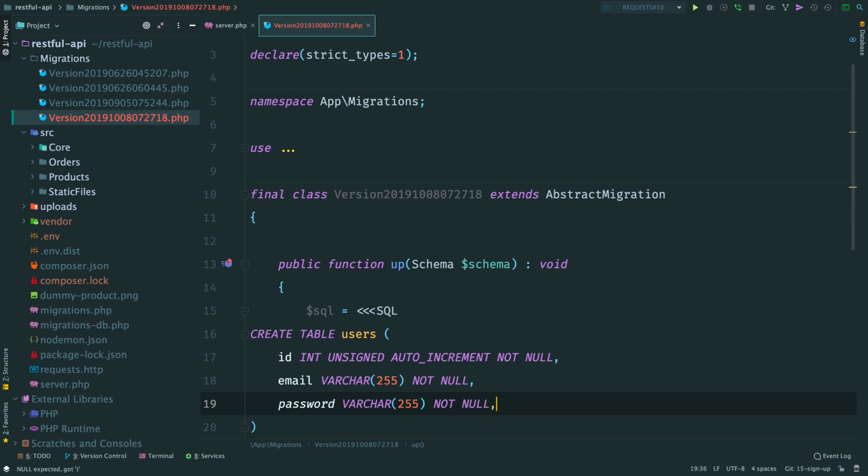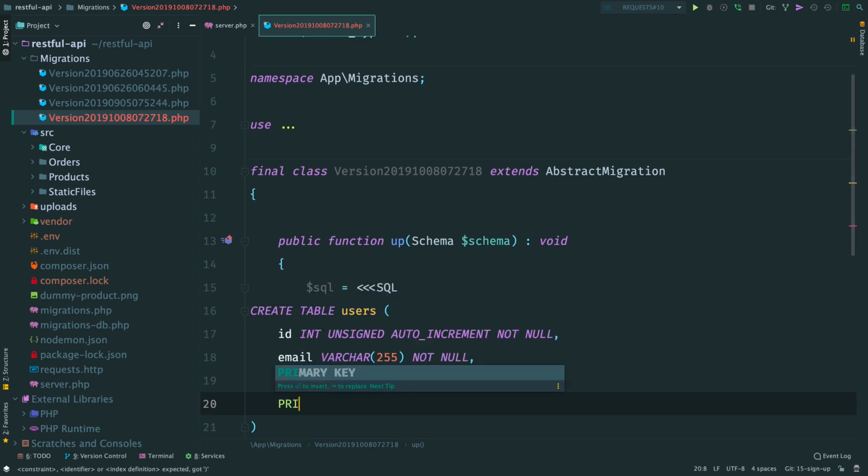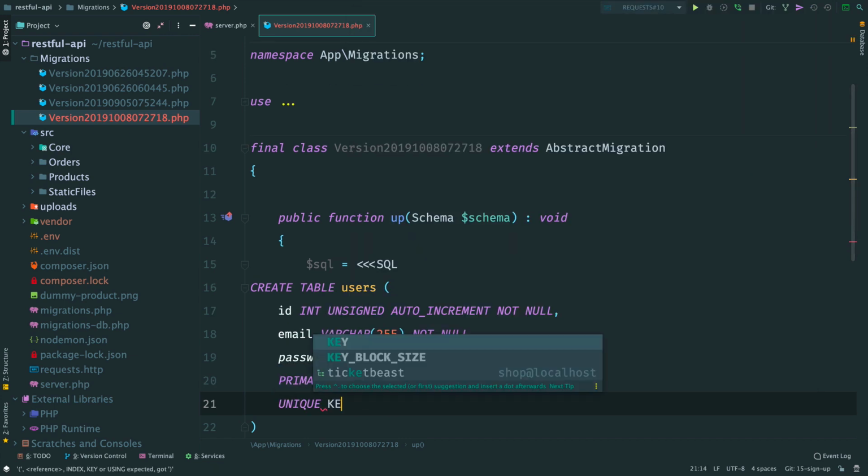Let's keep it simple and focus on the authentication part. We can revisit it later to add connections to orders, for example. But these two fields need to be there. They are required when we create a new user. Add a primary key for column ID and a unique index for email.